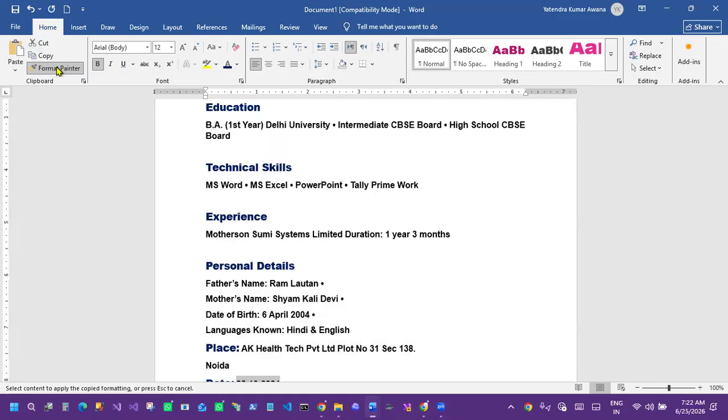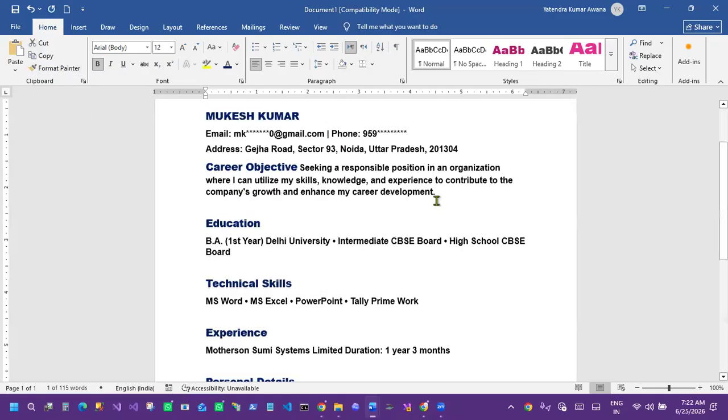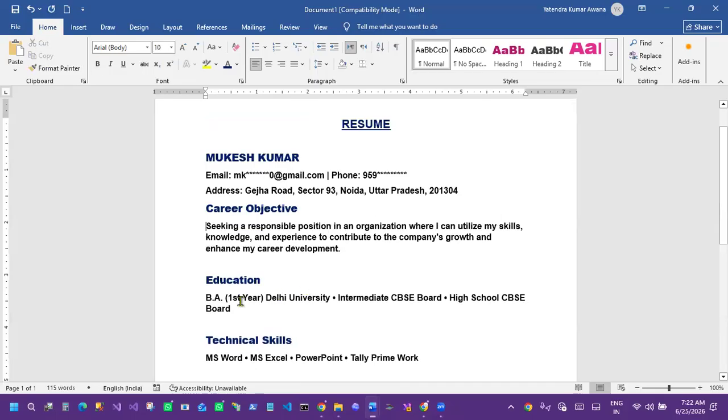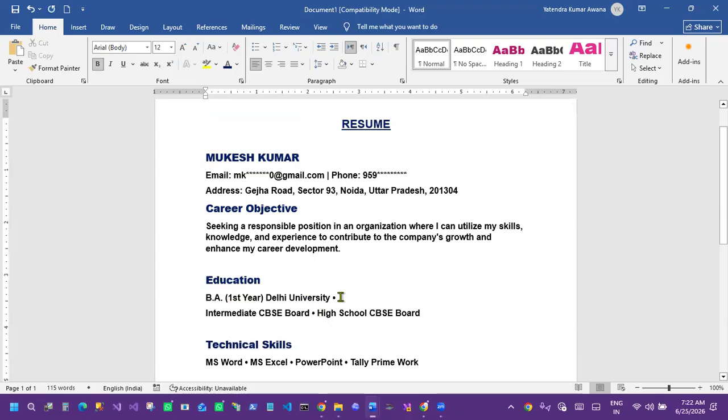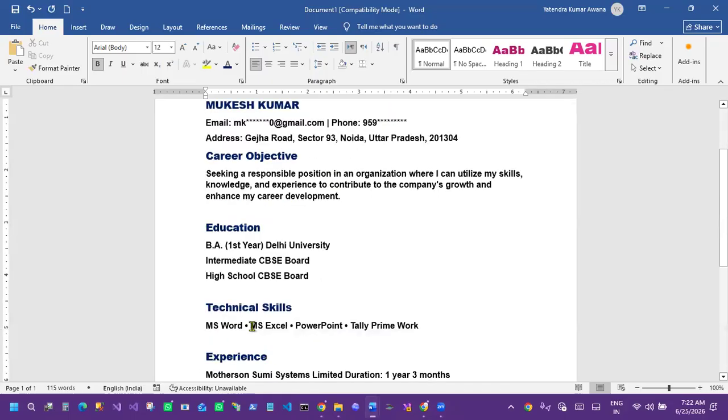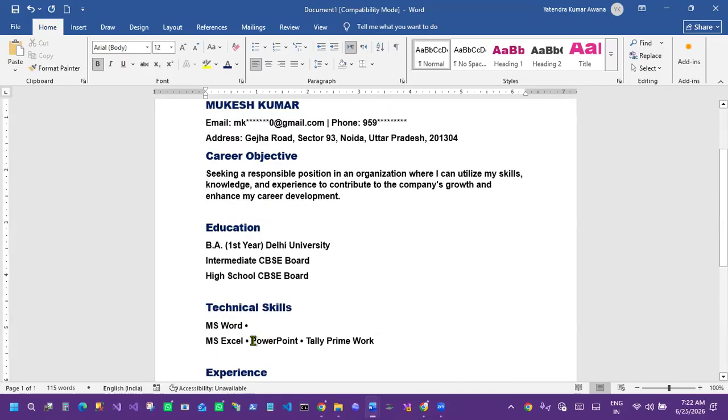This one, then I will click here, it will be removed. Okay, now manually I will make some changes. I will press enter, then this one, then I will put enter, then enter again. Okay, I will remove this one. This one I also remove. Then I will come here, enter, then enter, then enter. This one I will remove.